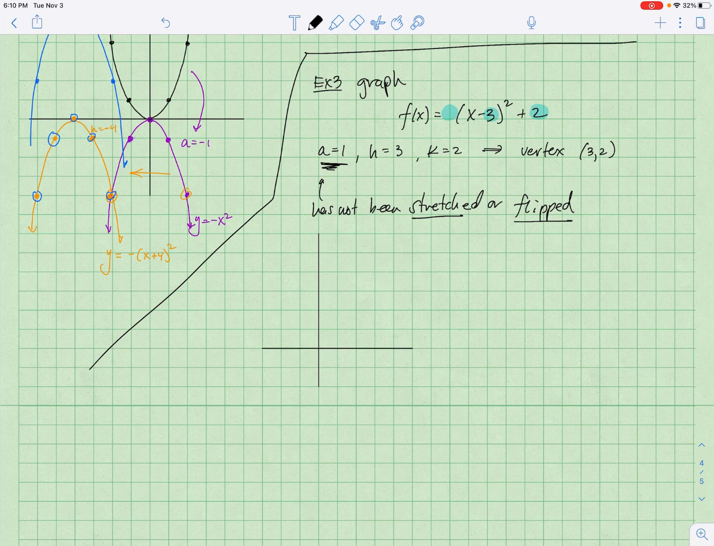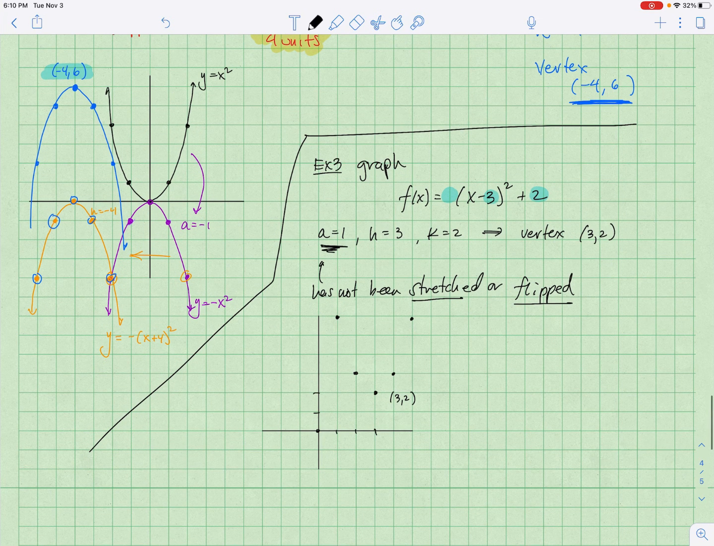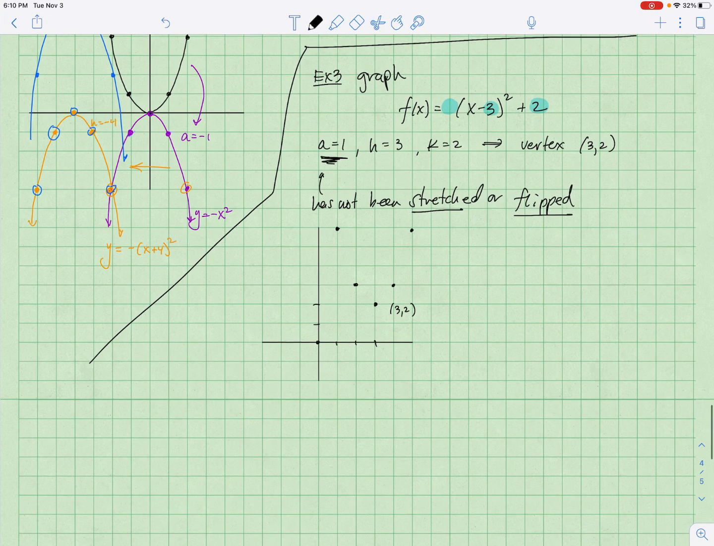It should be the basic parabola shape, but now it has its vertex at 3, 2. What was the point 0, 0 is now the point 3, 2 because it's been shifted right and up. And that means that the next 2 points are here and the next 2 points are there if you remember this basic shape really well. If you have the vertex, the next points are over 1, up 1, and then over 1, up 3 to get to the next points as long as you have not been stretched or flipped. And so that allows me to very quickly